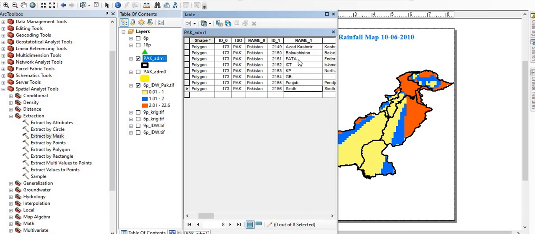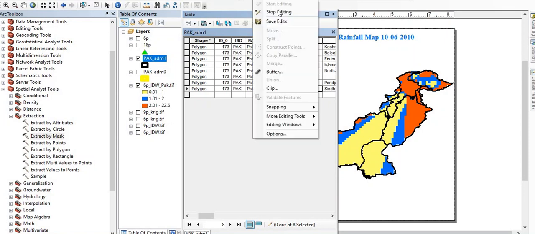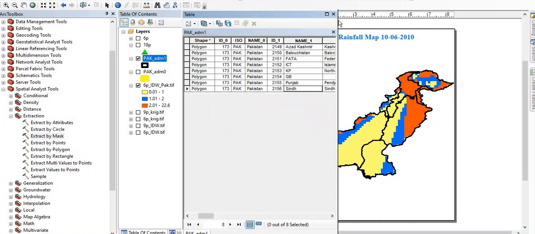Now we can also merge FATA if it is merged into KPK. We will see how to merge the shape files so that you can practice it in future. So editor and stop editing, and yes.